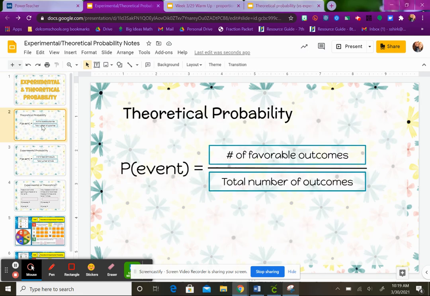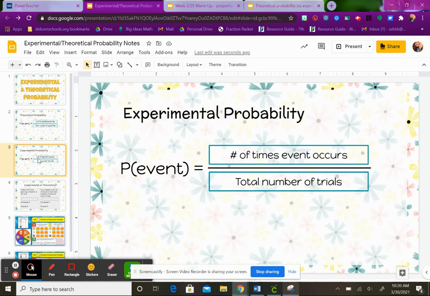So theoretical probability is what we talked about yesterday. And it's the number of favorable outcomes, meaning what we want to happen, over the number of total outcomes. So flipping a head on a coin is 1/2. Experimental probability is the number of times I flip heads over how many times I tried. So if I tried to flip a coin 10 times and I got 7 heads, my probability would be 7